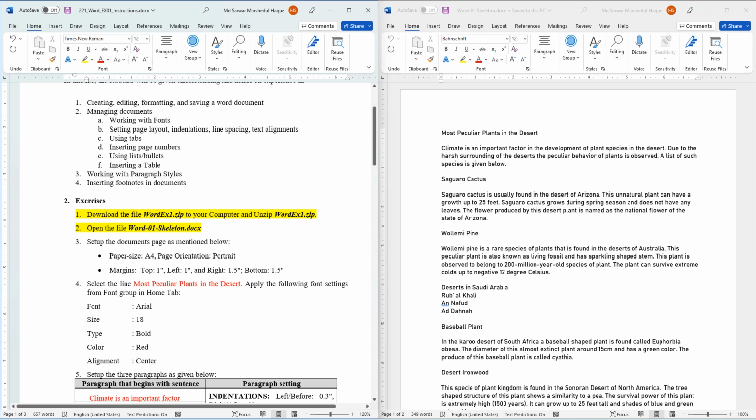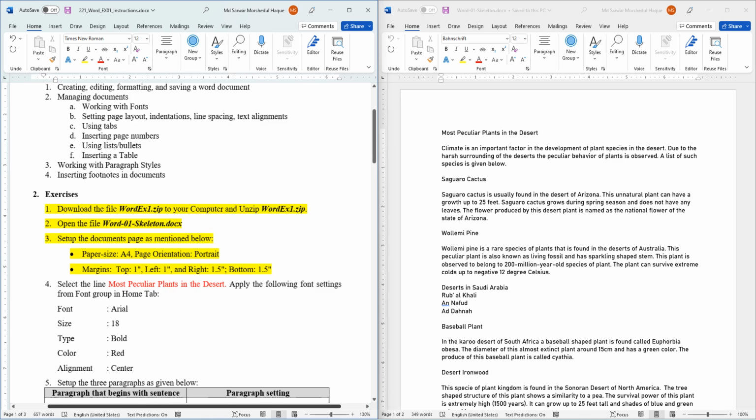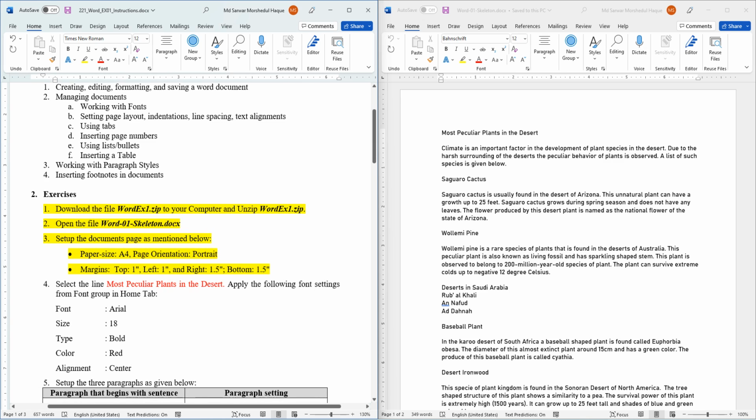Now let us answer question number 3. Question number 3 is related to the page setup. So here we'll set up the document page as mentioned below. Paper size, we are going to choose A4. Page orientation, portrait. Margin, top 1 inch, left 1 inch, right 1.5 inch, and bottom 1.5 inch. So let us